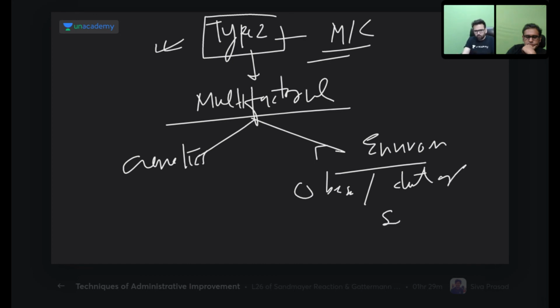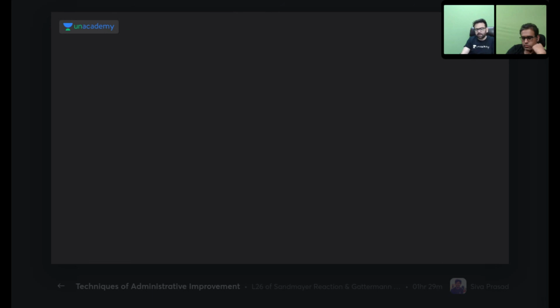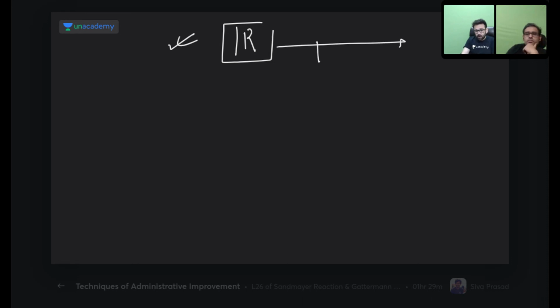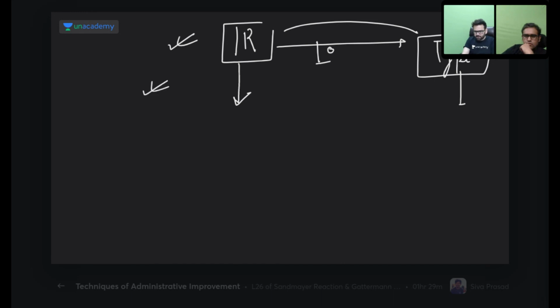And the center point of type 2 diabetes is insulin resistance. It takes at least 1 decade, 8 to 10 years, to develop into type 2 diabetes. But once you get type 2, it cannot be reversed. But insulin resistance can be reversed. What is the cause of insulin resistance? Yes, Chinu? What is the cause of insulin resistance in the body?